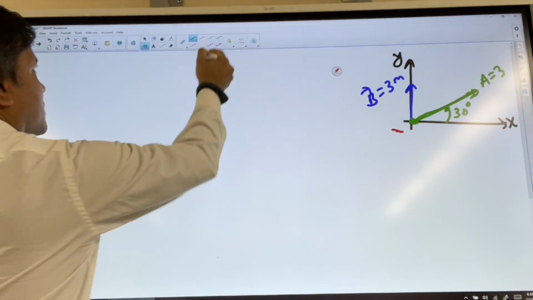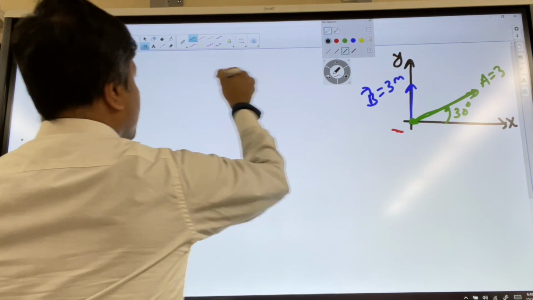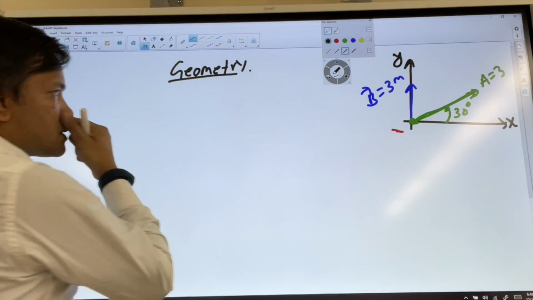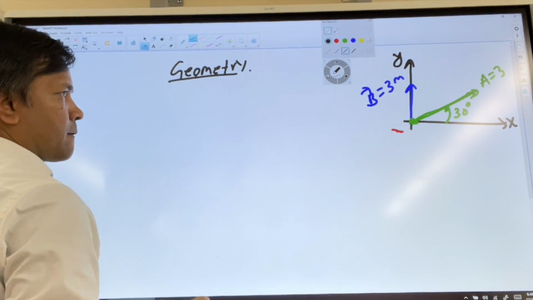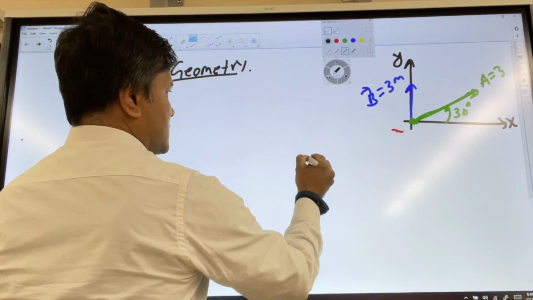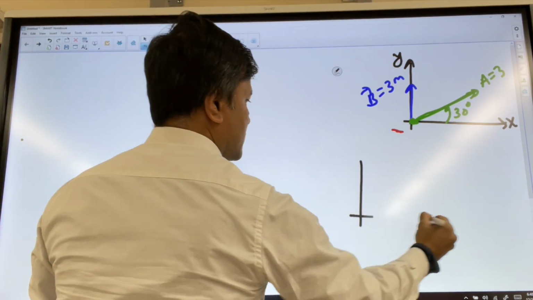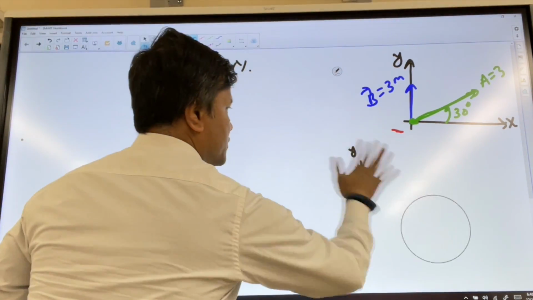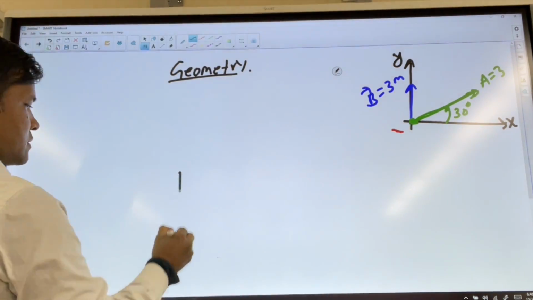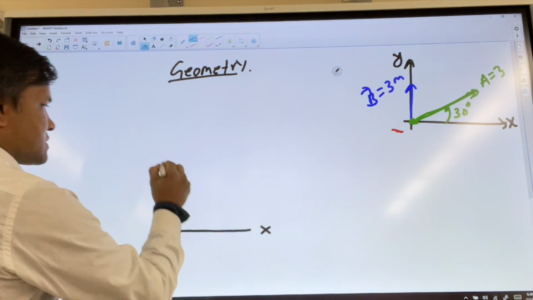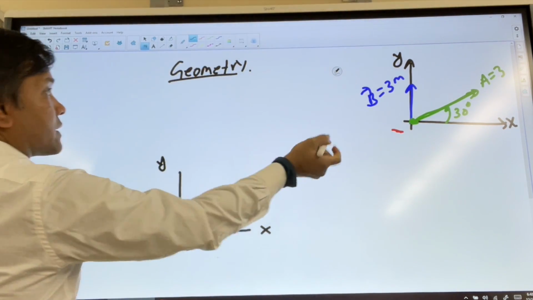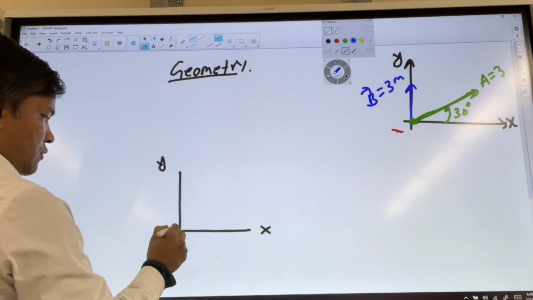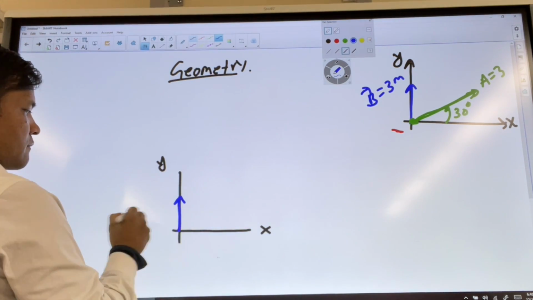All right, so now this time we're going to use geometry. Geometry would be pretty simple. So what are you going to do? Let's draw this thing, x-axis and y-axis. I need more space, so I'm going to move it over here. So x-axis and y-axis. Now let's draw the blue vector, which is vector b, and vector b